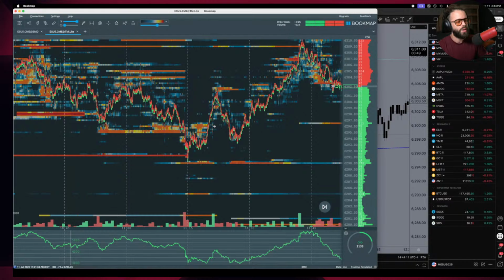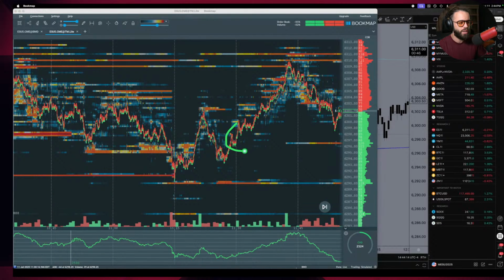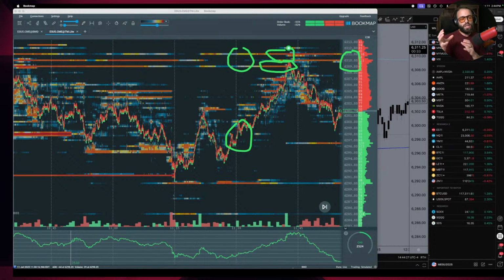At the time that we took the entry here at 11:30, what did we have above? Targets at 63.09 and 63.10 and 63.11. Look at how that thickened up right before it filled. And then you can see we reject away, never filling the 11s. So what did I say? I'm not anticipating it to break through. I'm not anticipating it to resist. I'm reading and reacting. Once we get pulled to that level and we're not getting any orders down here to